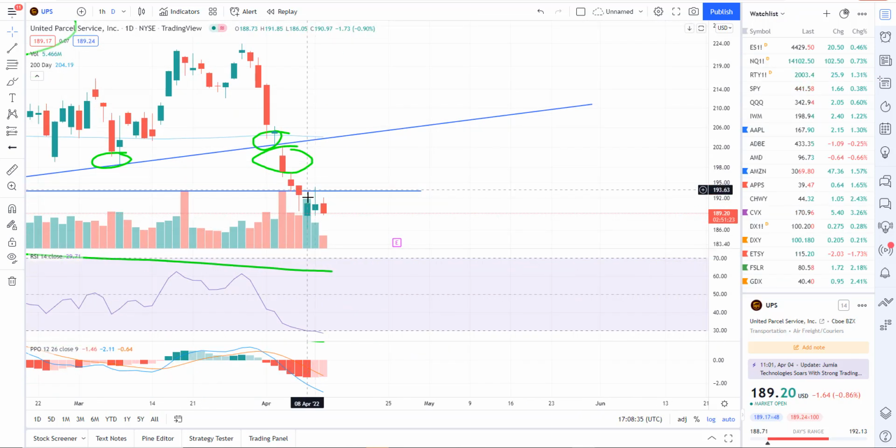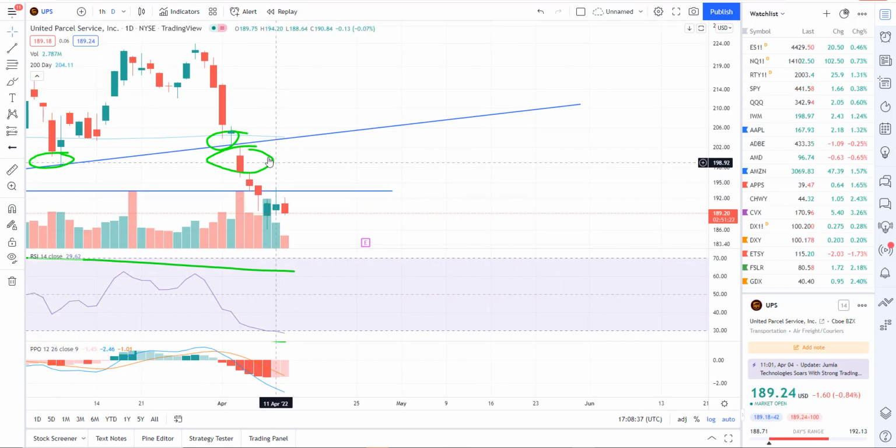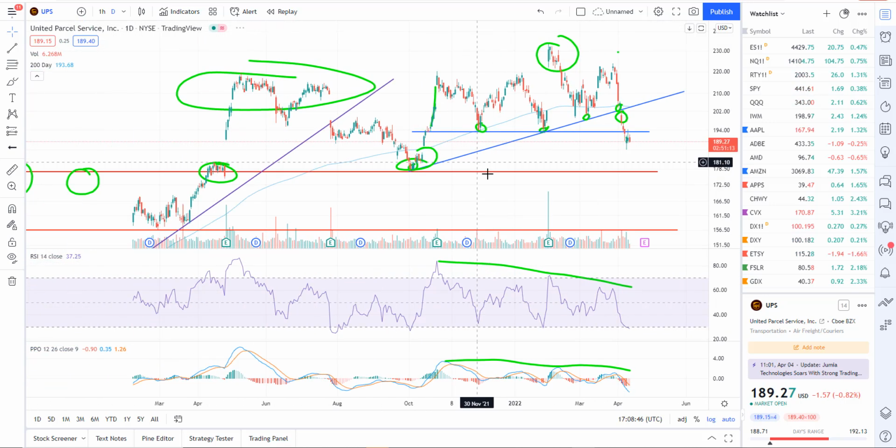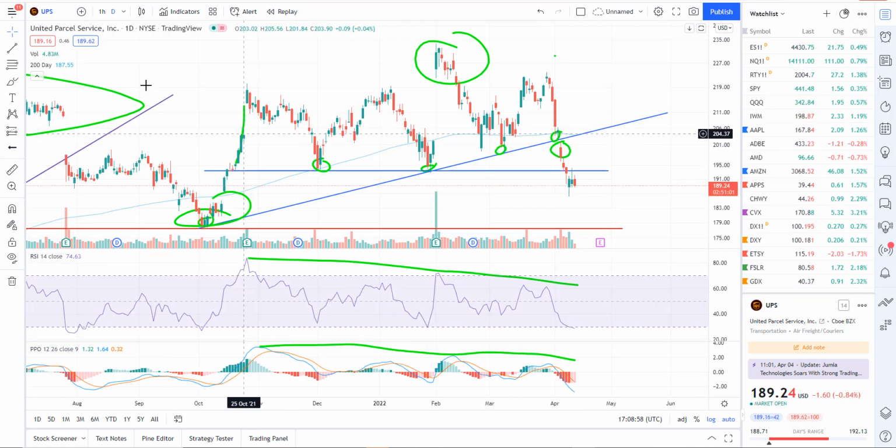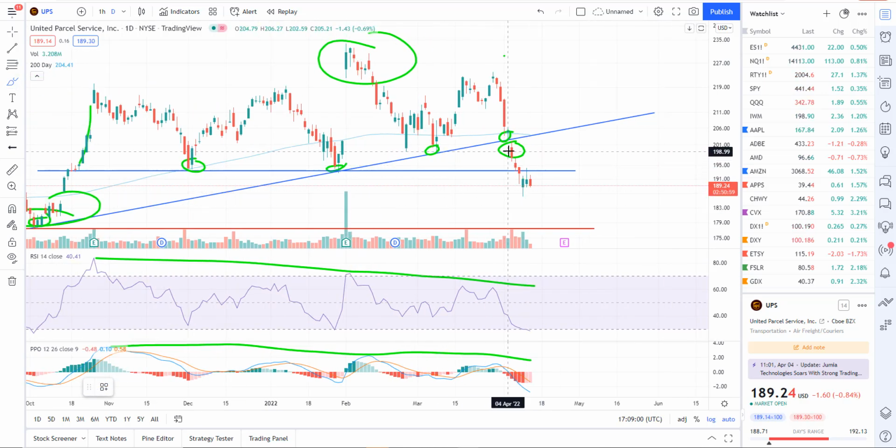UPS, this is a short trade that I pointed out back in April. I think I got to it on April 5th when we had that initial sell signal. So that was your sell signal on UPS. Again, we had this uptrend line right here. We broke trend, with a nice impulsive red candle breakdown. We had negative divergence in place, so the setup was there, and then you got the trigger, the sell signal. And it's been down ever since with a little bit of counter trend rally.